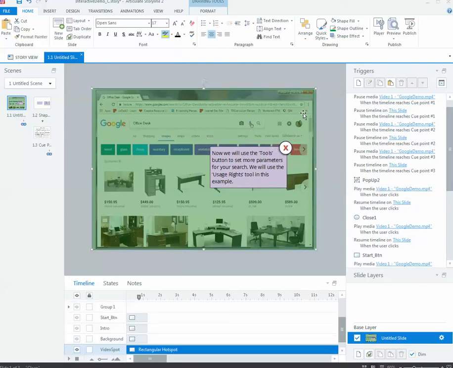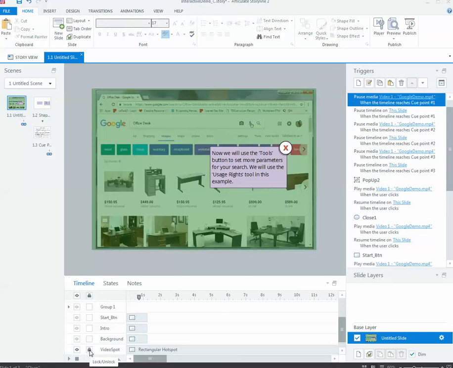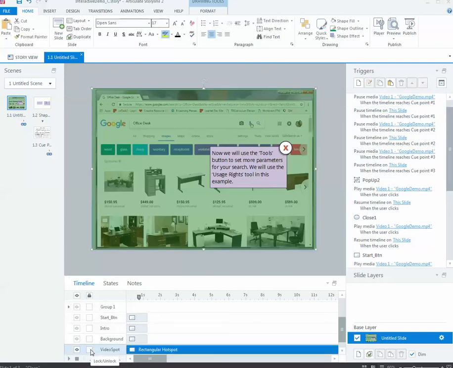So notice how I keep clicking on the hotspot, because it's just like the next feature when I'm trying to select the pop-up. What you can do to help prevent that is to lock the hotspot. So when you lock it, and you're going to use it down here in the timeline, there's this little padlock. When I lock it,